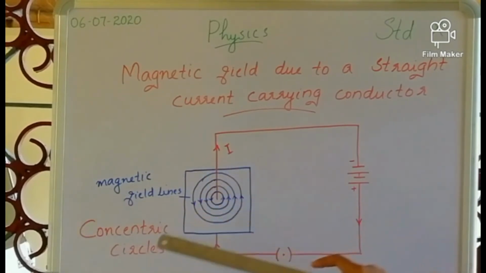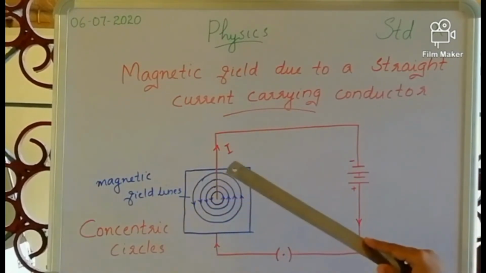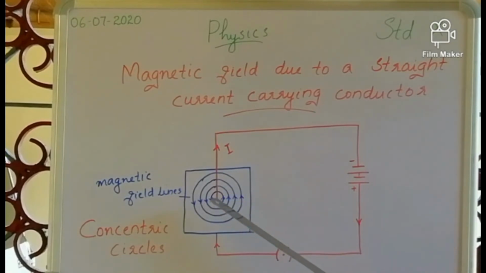What is its name? Okay, concentric circles. So the pattern of the magnetic field produced by a straight current carrying conductor is concentric circles whose center is